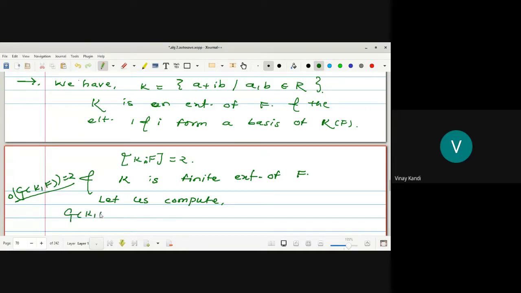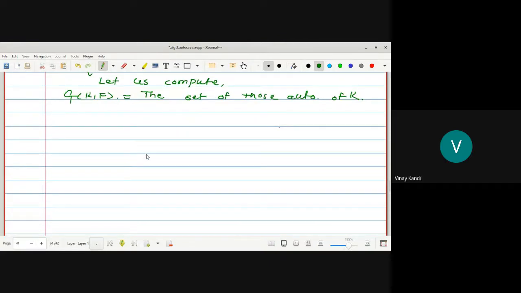It is the set of those automorphisms of capital K which leave every element of capital F fixed. Suppose we know the order is 2, but we don't know how many elements there are in G(K/F). So here suppose sigma is